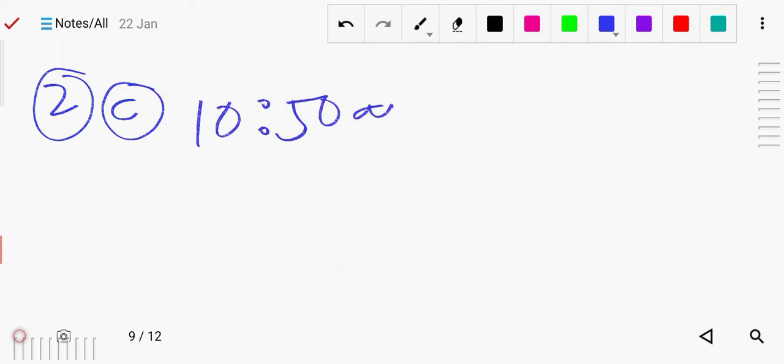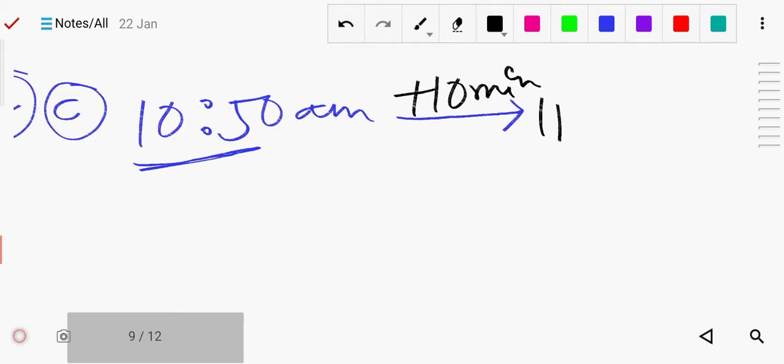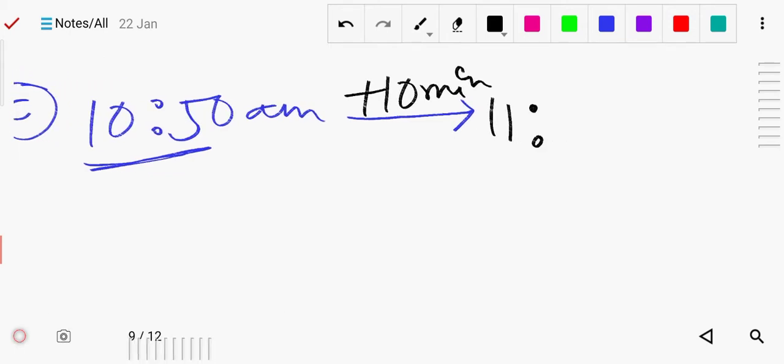It is 10:50 a.m. that is given. Now we will follow the same concept. This 10:50 we will try to bring to a rounded number. After 10, which number will come? 11 will come. So what time will we add? We will add only 10 minutes here. It means now we will have exactly 11 o'clock. This is 11 a.m. Now time is 11 a.m.